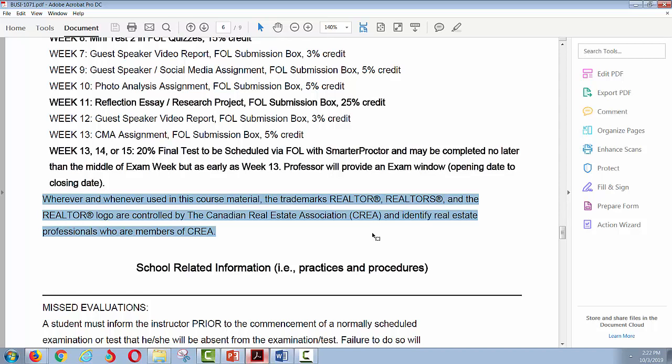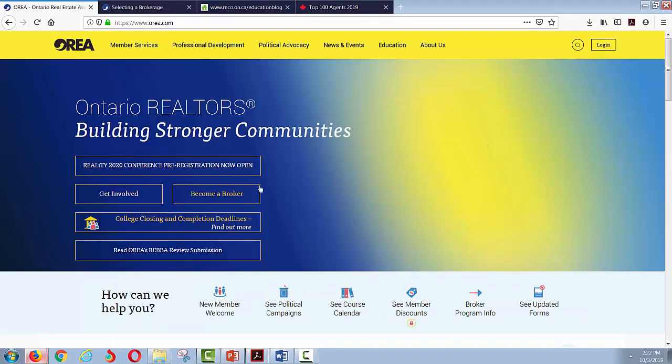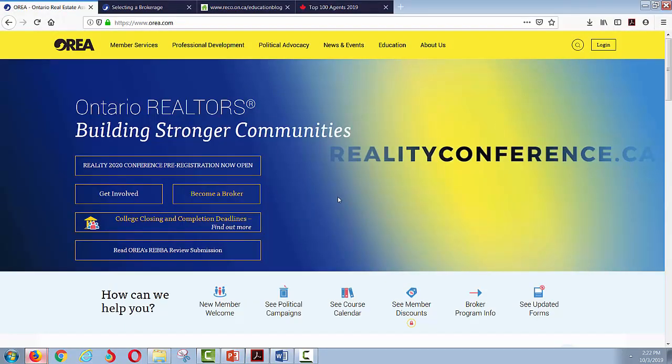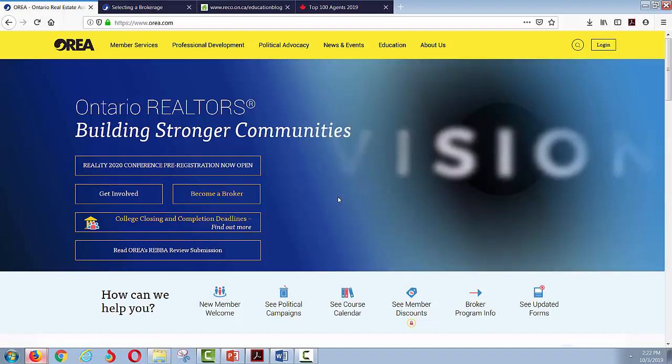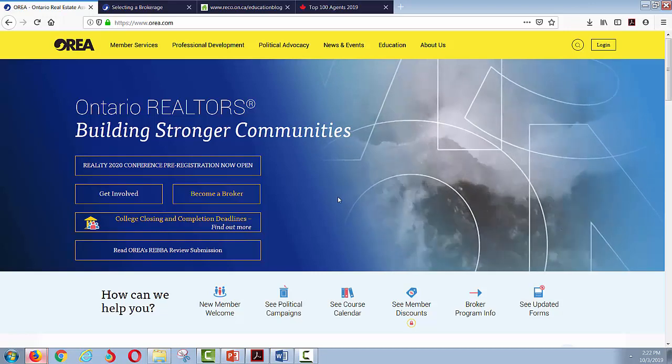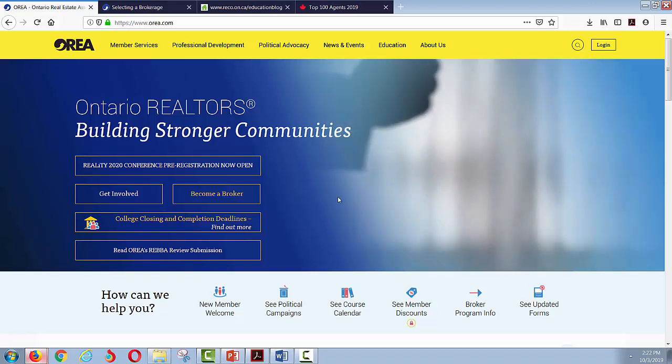There are all these different organizations that are monitoring and regulating real estate. Now, why does this happen? We're going to talk about the use of the term in a second, but we have these organizations: the Canadian Real Estate Association and the Ontario Real Estate Association. I have the OREA homepage listed here. You can go check out CREA's page too. I might ask you on the quizzes what those acronyms stand for. Those will be very easy questions.